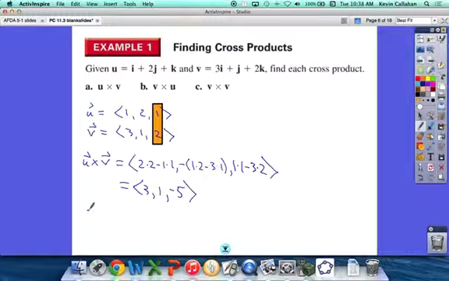Okay, now let's see what happens if we do the V cross U. Okay, we'll switch the order of it. Let's see what it does to the answer. So I'm going to do that right here. V equals 3, 1, 2. U equals 1, 2, 1. Right, so V cross U equals